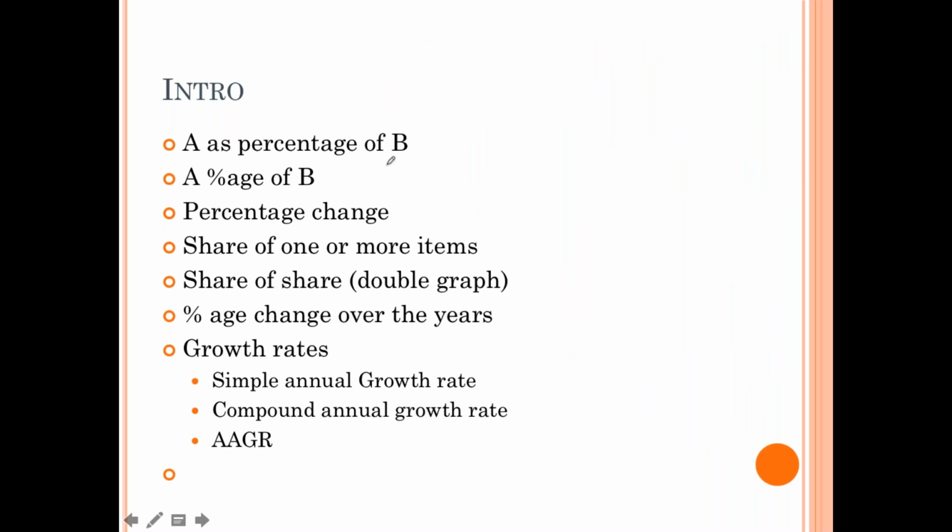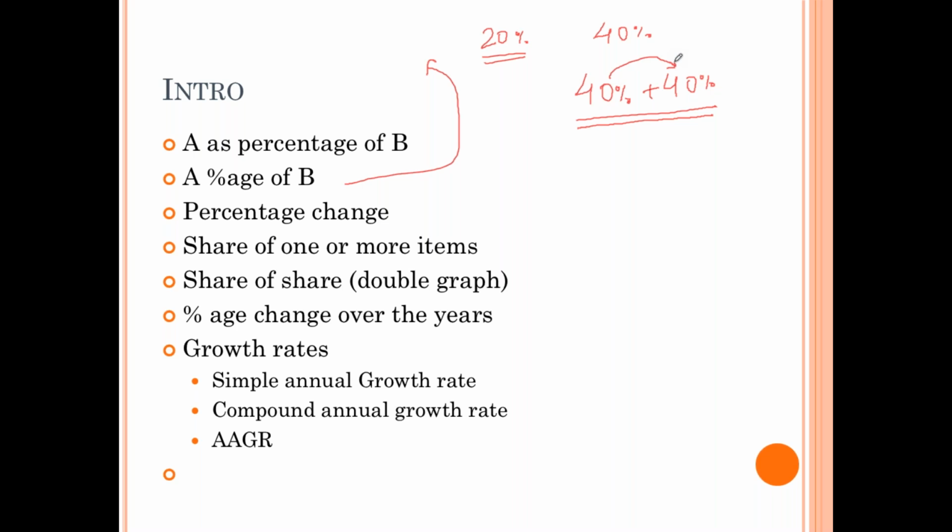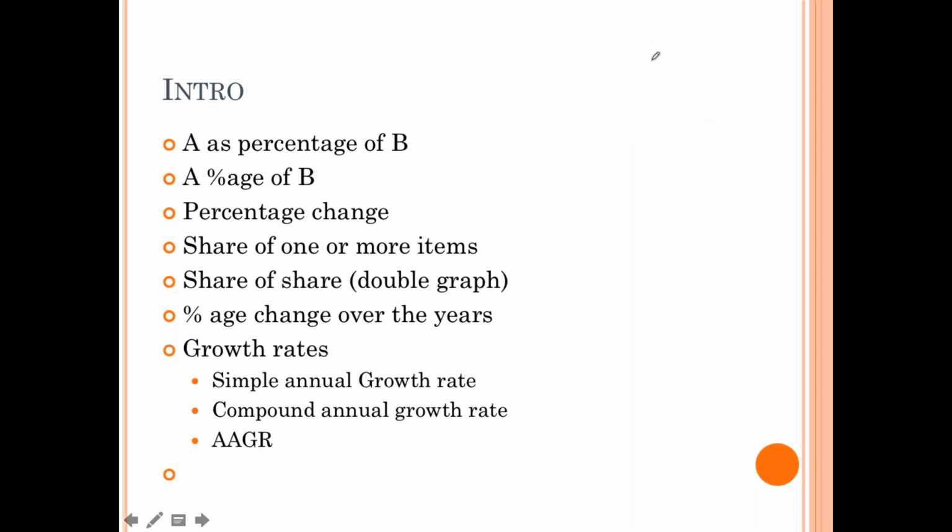I'm going to the second part of it. Now see, A percentage of B. We use it when you go shopping. You say 20% off, oh my God, 20% off, I want to buy. Or you say it is 40% off. Sometimes they offer 40 plus 40% off, which is a separate discussion. So right now we are talking about a single calculation, which is some percentage of something. If the MRP is 325 and there is 20% off, you will subtract 65 from this, so this value will become 260.